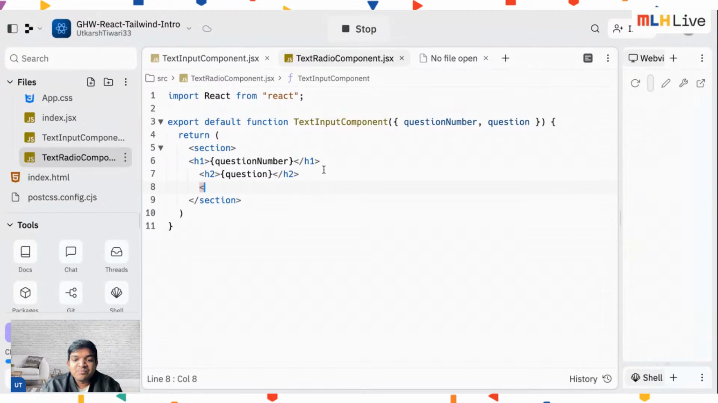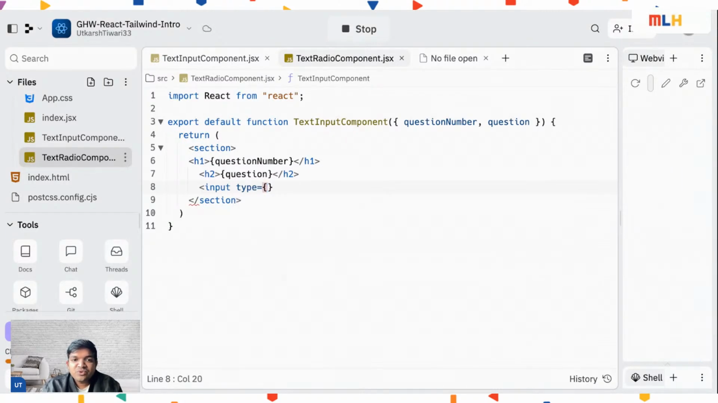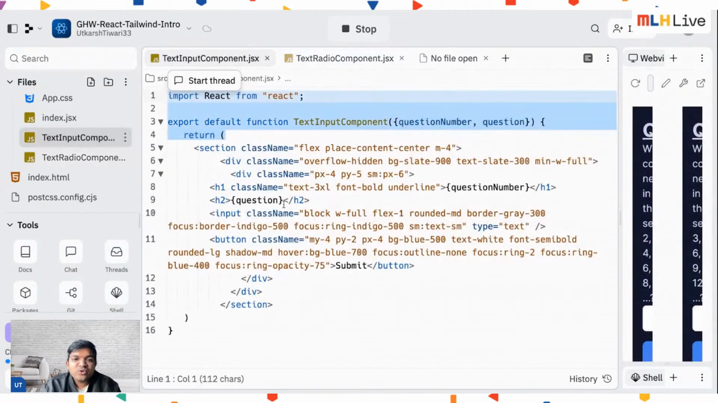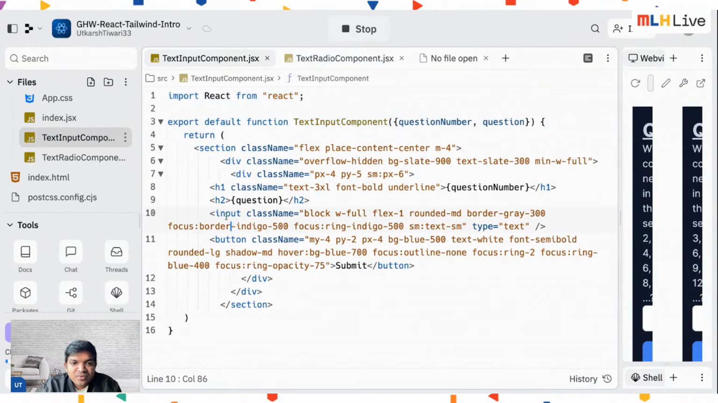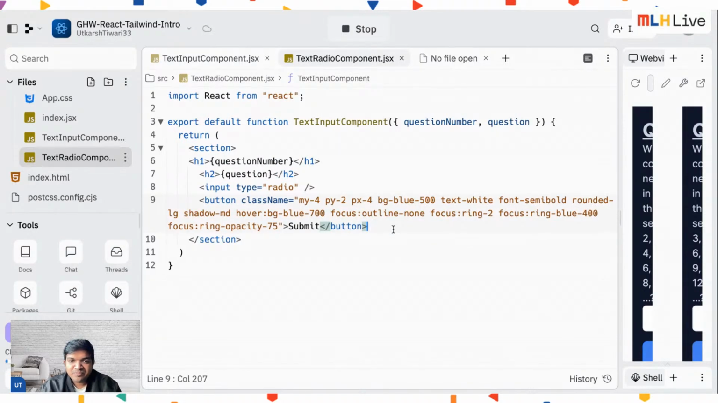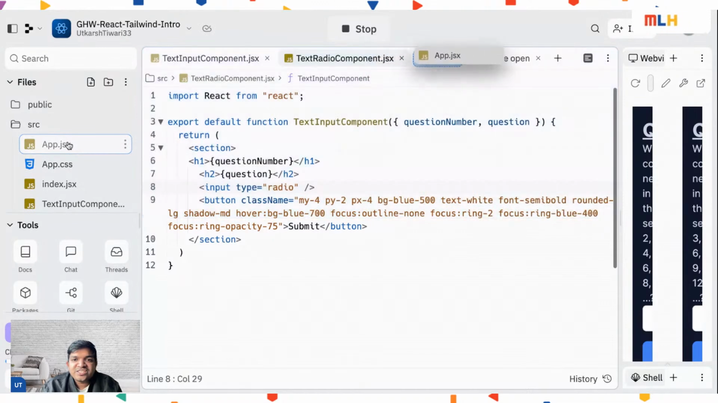Let's create an input. Now in input we need to have the type equal to radio. Okay, self closing, and then finally we have the button. So I can go back to the text input component. Okay, I can copy the style of my whole button and just paste it here. Yeah, just do that simple thing. And now let's go to my app.jsx,